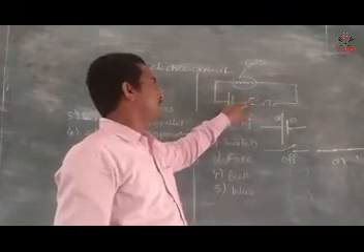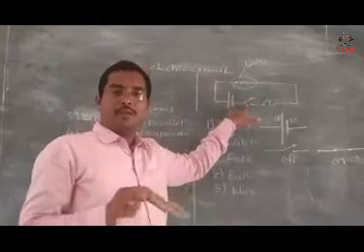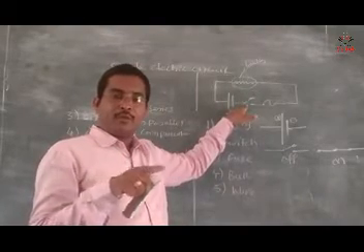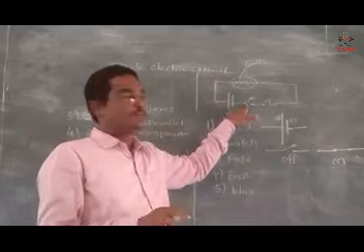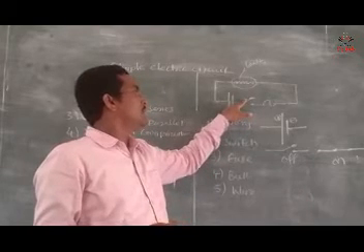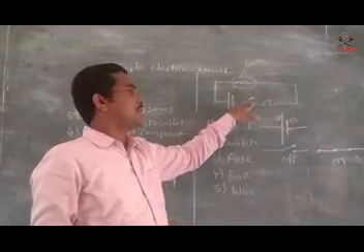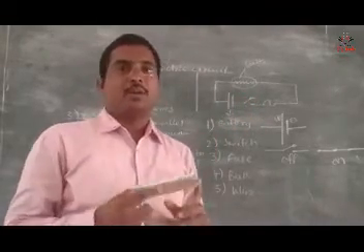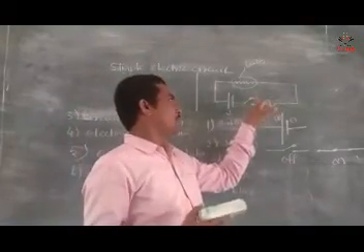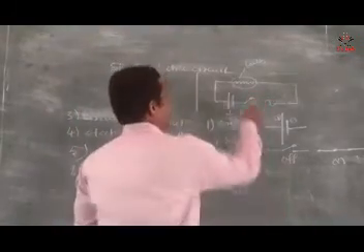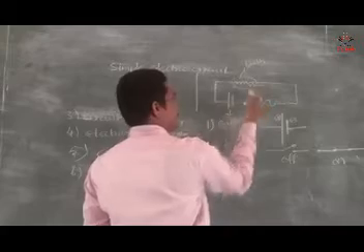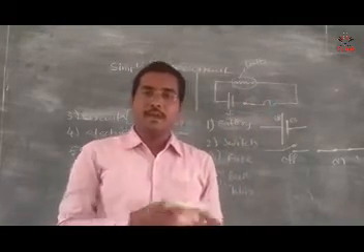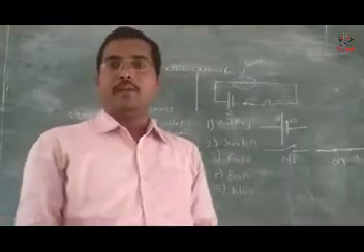If the switch is off, the bulb does not glow. If the switch is on, the current will flow through the circuit and the bulb will glow. When the switch is on, this terminal is in contact with another terminal. So two contacts, now we can say that it is a closed circuit. Now open circuit. When the circuit is closed, the current flows from negative terminal to positive terminal, then the bulb will glow.